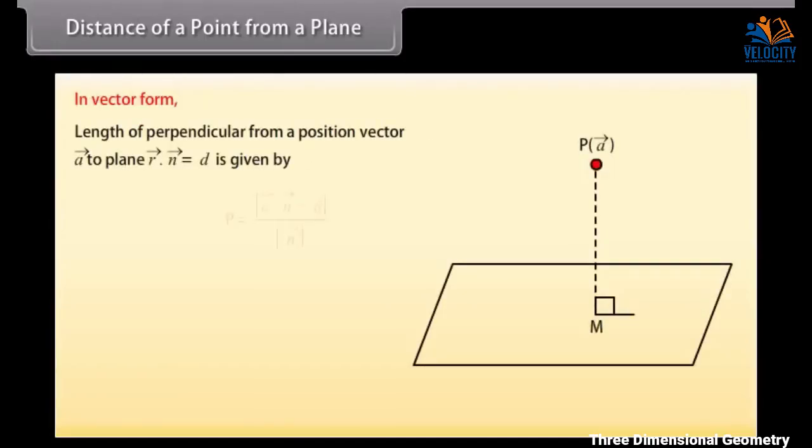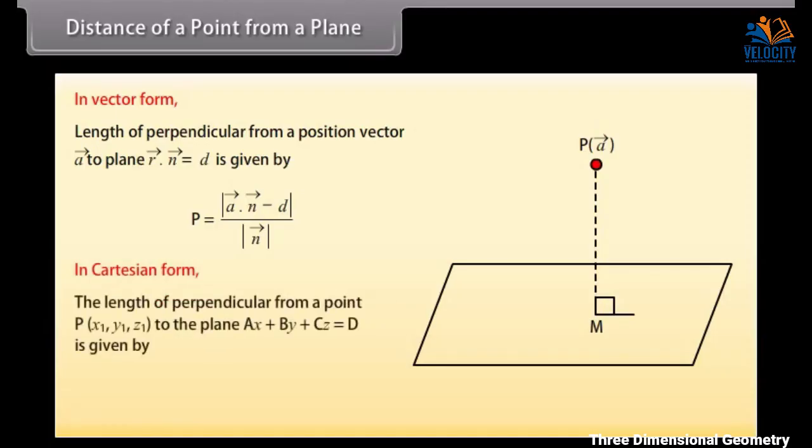Distance of a point from a plane. In vector form, length of perpendicular from a position vector A to plane dot product of vector r and vector n equals d is given by the formula. In Cartesian form, the length of perpendicular from a point P (x1, y1, z1) to the plane ax plus by plus cz equals d is given by